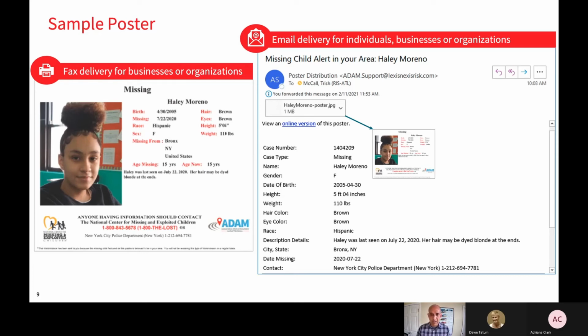So that is what is posted into this poster, and when we get this email from NCMEC, we then create a poster of this child, as you can see on the left-hand side here, and then we deploy or project these posters out to all the interested parties in that area where we think it will be most effective.